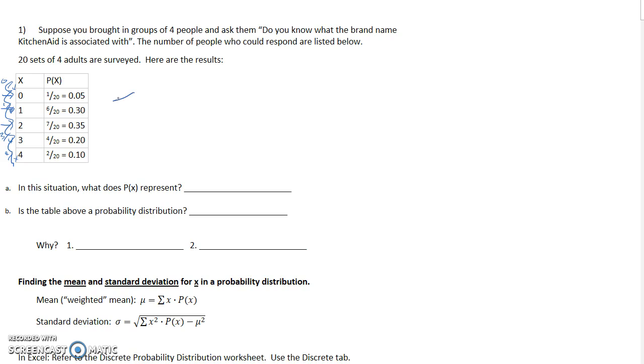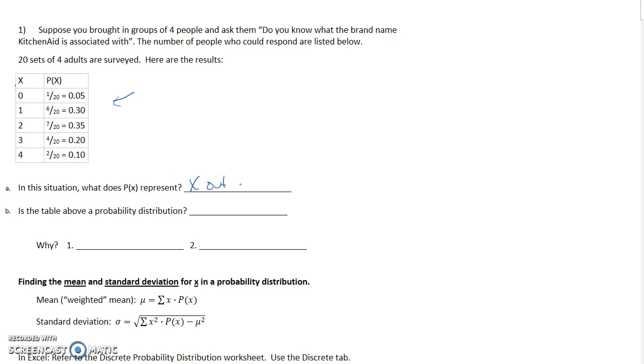Then on the right side, these are the number of groups of 4, out of the 20 that I brought in, that knew what KitchenAid was associated with. So I'm bringing in 20 groups of 4, and the random variable x represents